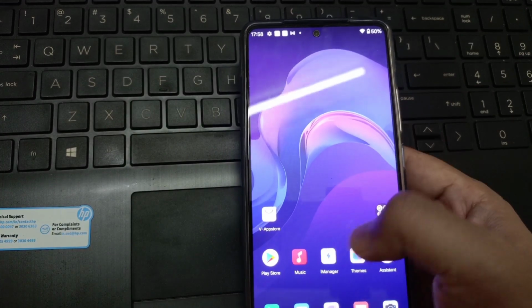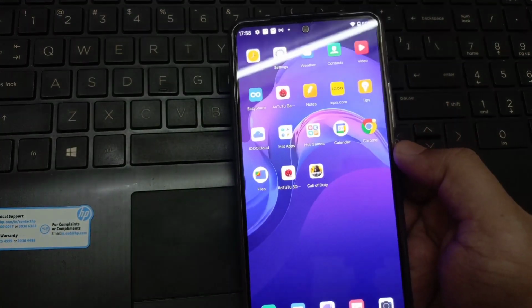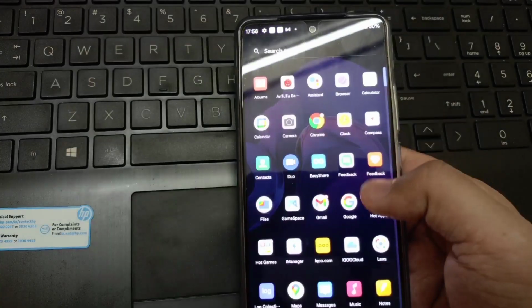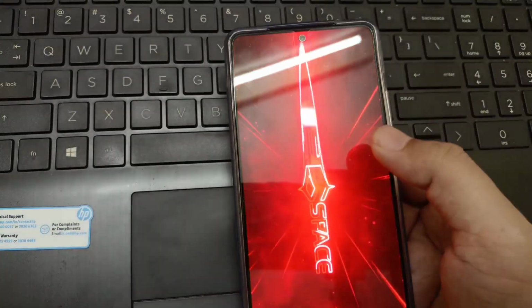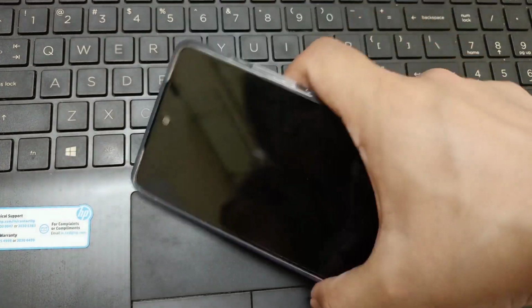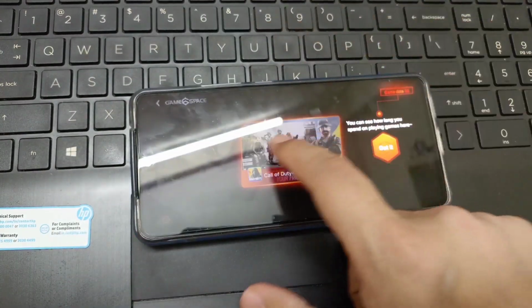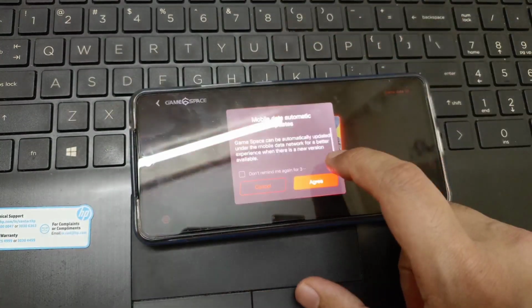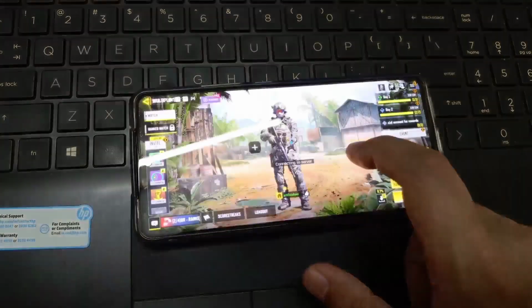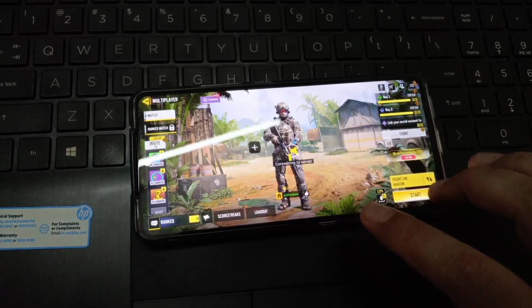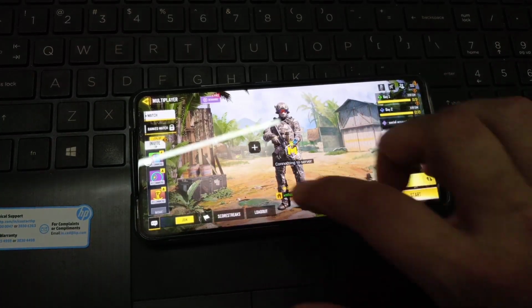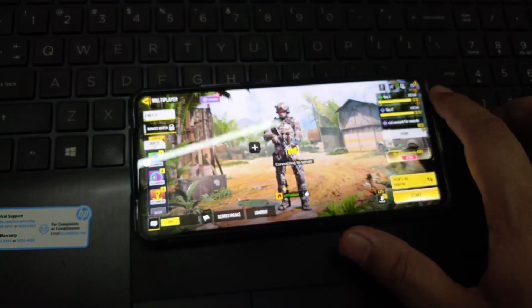The music, Google apps, each and every Google app works here, so no problem at all. And the game space is there like this. Call of Duty, open, got it. But I do not see any extra option getting enabled from left or right.